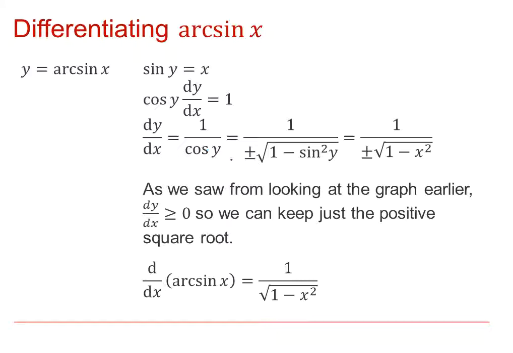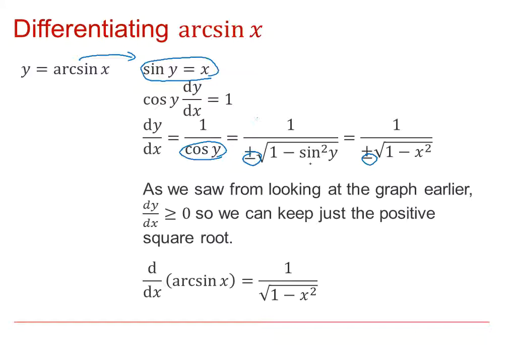So we can see a bit more detail here, and just look at bringing out some of the key features that we will be using in future sessions. So we've taken this inverse trig function and we've rewritten it in terms of the trig function sine. Then we've differentiated both sides with respect to x, and once we get it rearranged for dy by dx, we've used the identity, so we know that cos y is plus or minus the square root of 1 minus sine squared y. We don't include the negative square root in our answer because we know the gradient can't be negative,